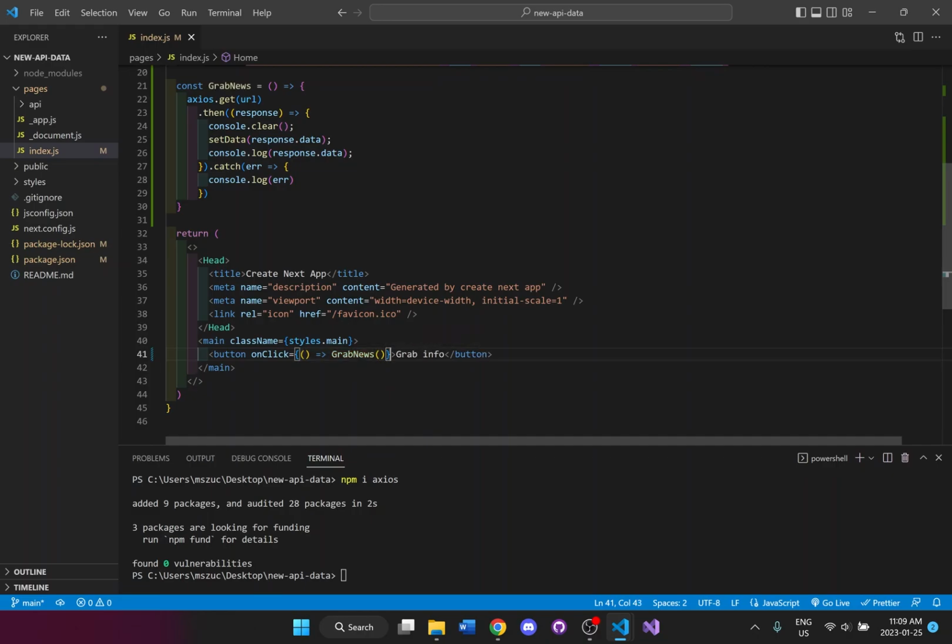And there we go. So I'm just trying to grab that function that I set up here whenever I click on the button. So remember, this means it's only going to trigger this function to actually grab the data only when you actually click on it. That's why we're using those brackets right here with the arrow. Let's save it, and let's just run this server.